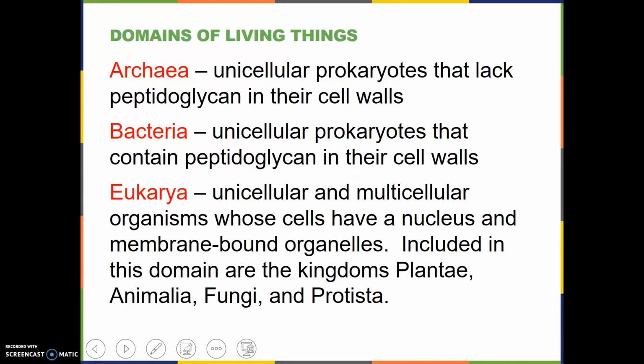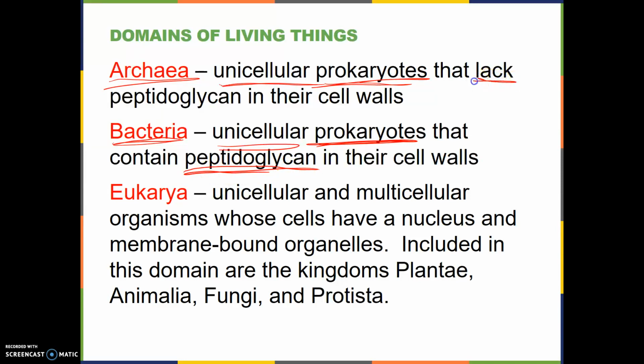And archaea are defined as always unicellular and their cells are always prokaryotic. So they're always unicellular prokaryotes, which means that their cells do not have a nucleus. But they're different from bacteria. Bacteria are also unicellular prokaryotes. But bacteria have a plasma membrane and then they have a cell wall outside of that. And the cell wall, which is an extra protection for the bacteria, contains a chemical called peptidoglycan. The archaea lack that chemical. They lack peptidoglycan.